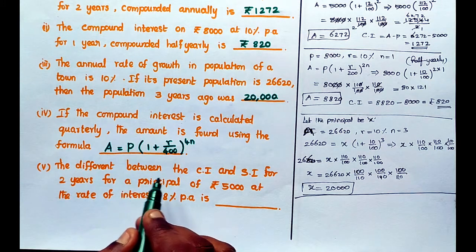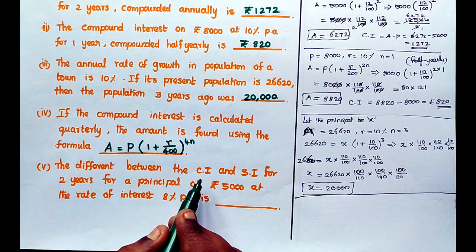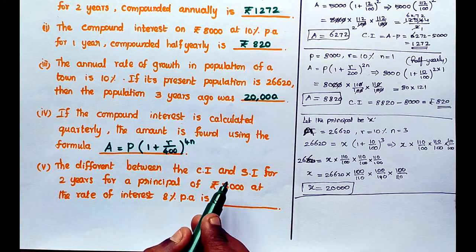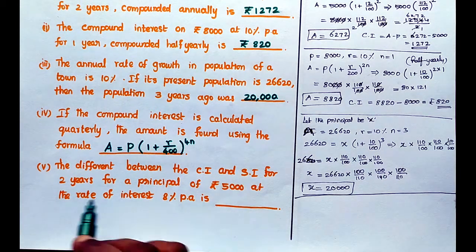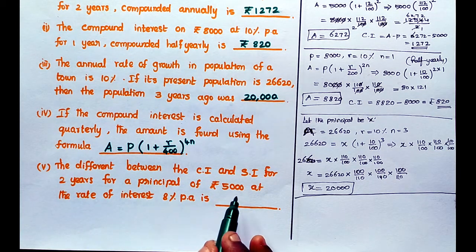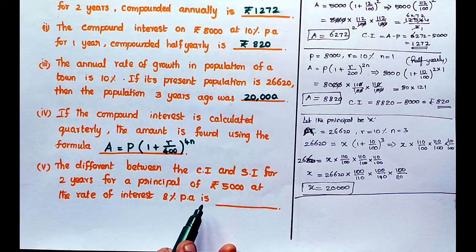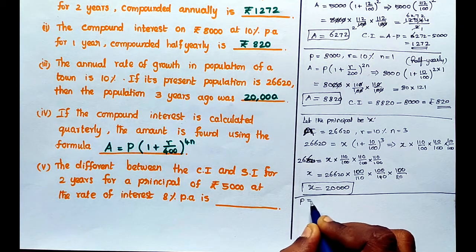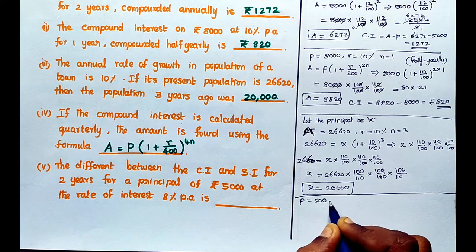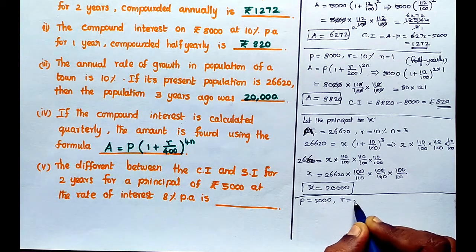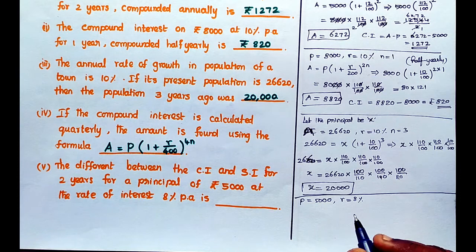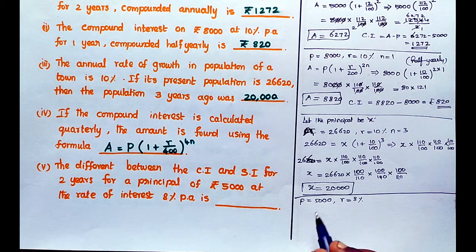Last one, the difference between CI, that is compound interest, and simple interest for 2 years for the principal of 5000 at the rate of interest 8% per annum is dash. Listen. We have the formula. Principal 5000, rate of interest 8%. Difference between the CI and SI. We have the formula, that is